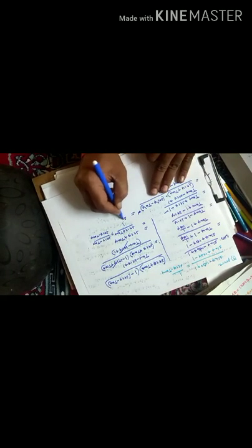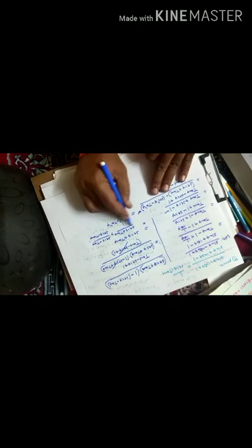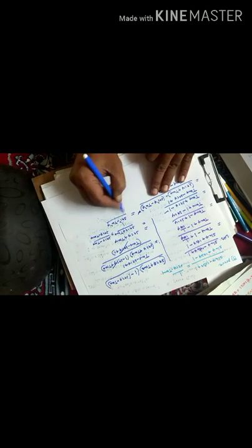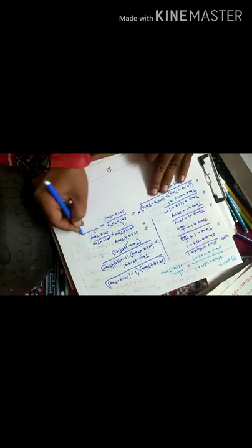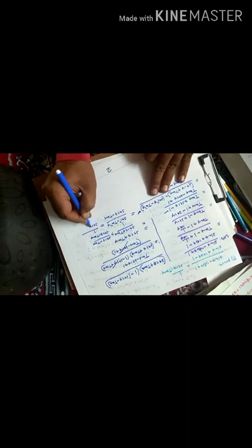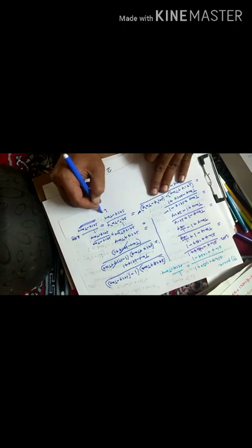You will get sec square theta minus tan square theta. Why? This is in the form of a plus b into a minus b. By 1 into this is sec theta minus tan theta. We know that sec square theta minus tan square theta is 1, so we get 1 by sec theta minus tan theta. So this is our RHS. LHS is equal to RHS, hence proved.